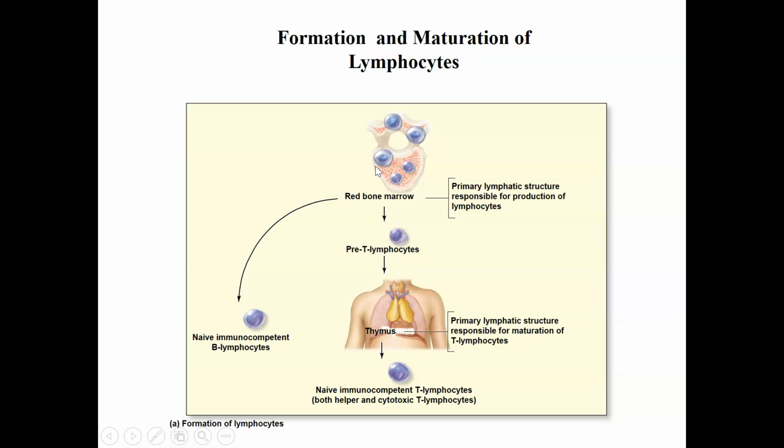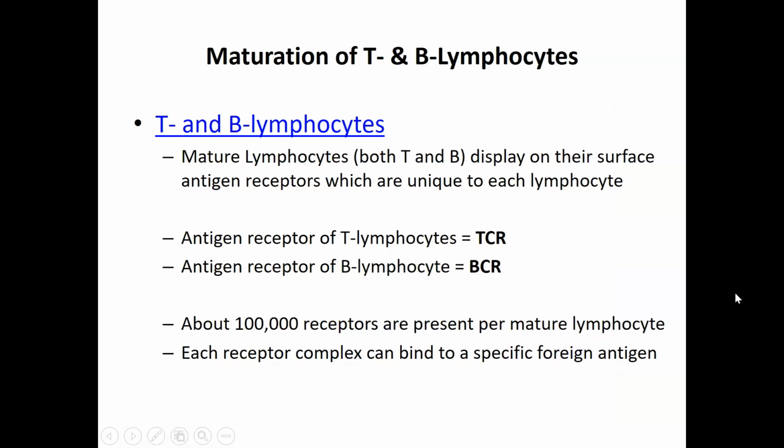When a T cell or a B cell leaves the site of maturation and occupies secondary lymphatic organs, they're said to be immunocompetent cells. Let me go through the steps involved in maturation for both T and B cells. I made a video describing that, so we'll do the video first,